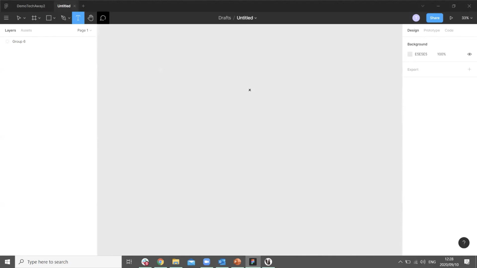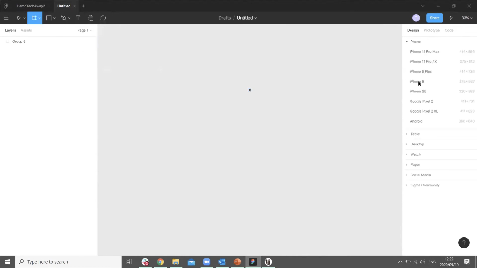The chat icon allows for location-specific messages. So when we are sharing with multiple people, we can leave them a comment to say, please refer to this design change if it's approved. And the play button enables us to make use of design and prototype. And I'm going to show you how this works. So let's start with a predefined